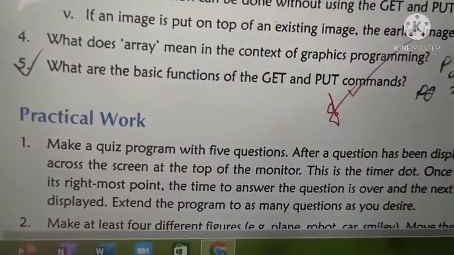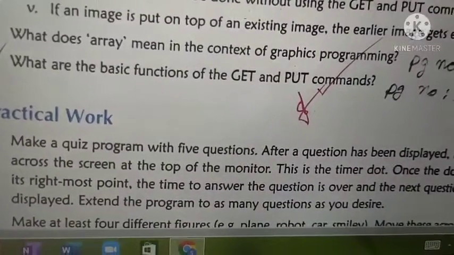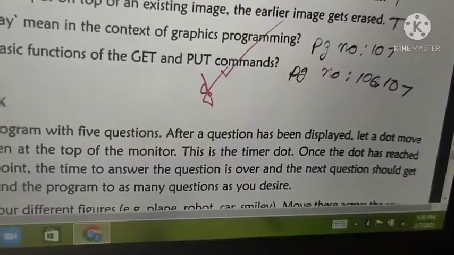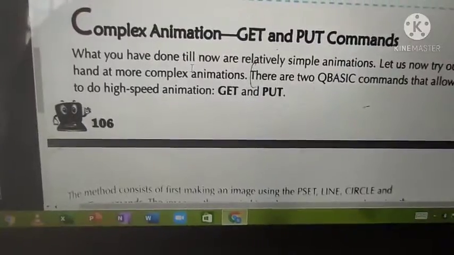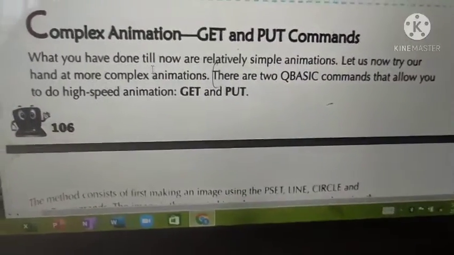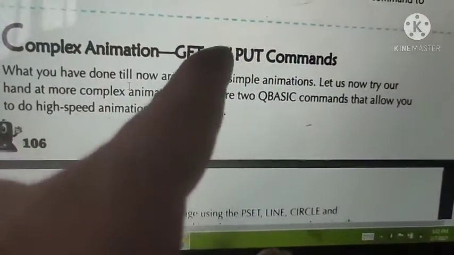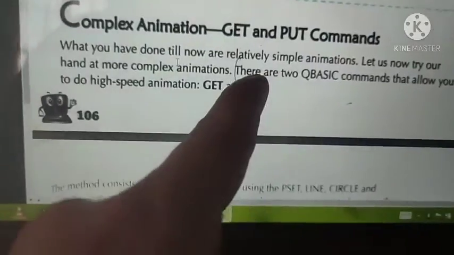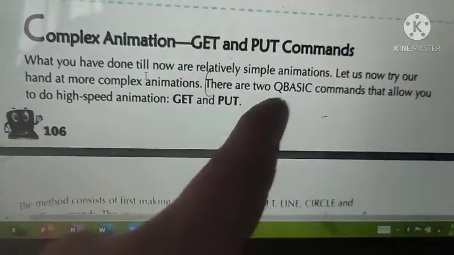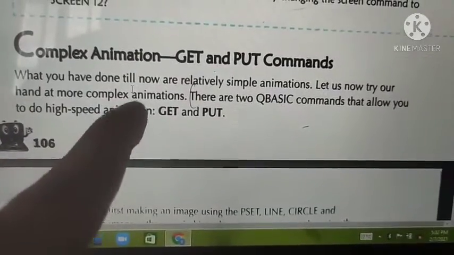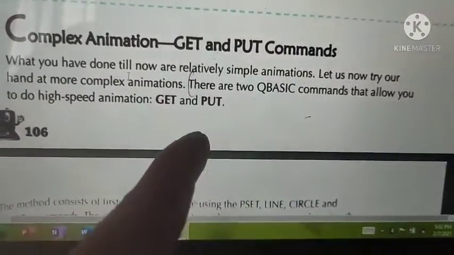Question number 5. What are the basic functions of GET and PUT commands? Open page number 106 and 107. First open 106. In page number 106, last paragraph under the heading complex animation, get and put commands. Second line, there are two QBasic commands that allow you to do high speed animation, GET and PUT.